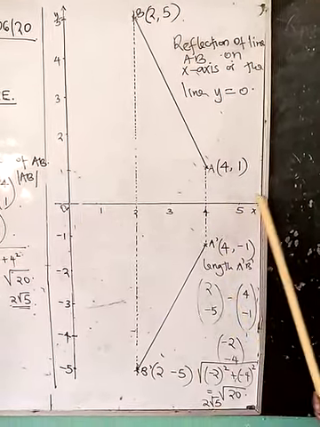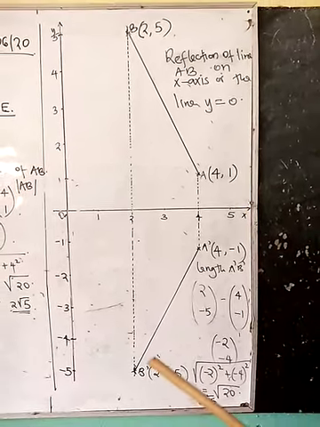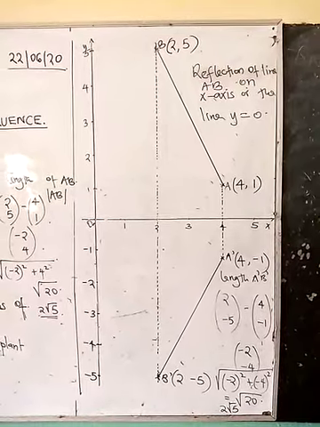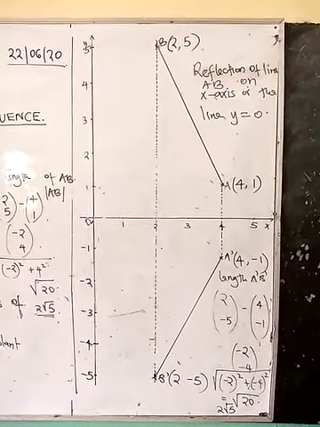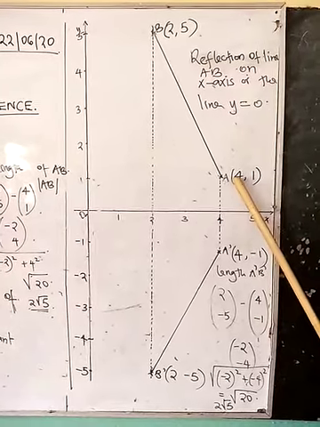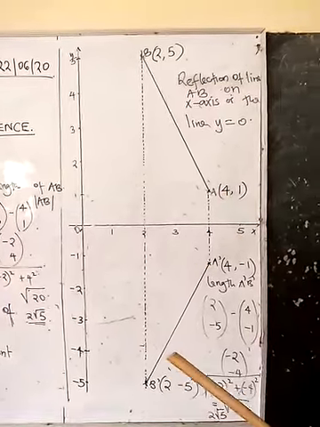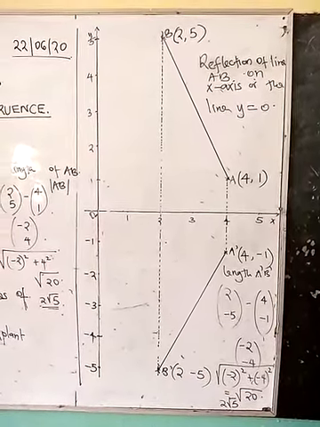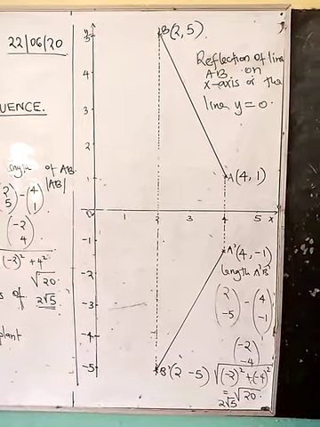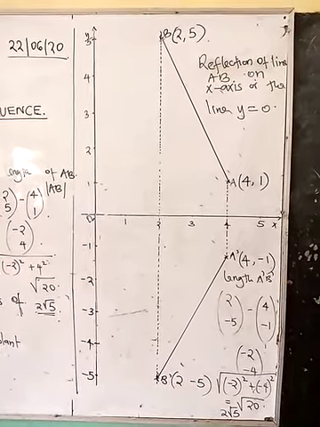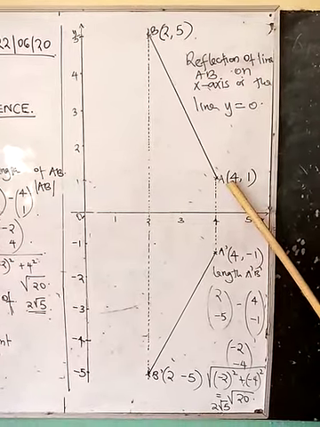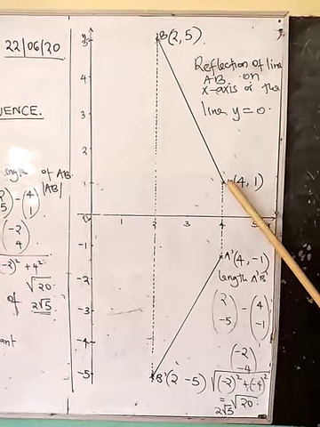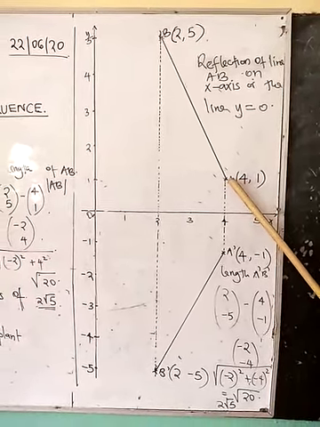onto the x-axis, we do it bit by bit. Let us start with the first reflecting point, point A. When we're reflecting point A, remember what we said earlier, that the distance from the object to the mirror line must be the same as from the mirror line to the image. So when we have A as the object, (4, 1), we reflect A,